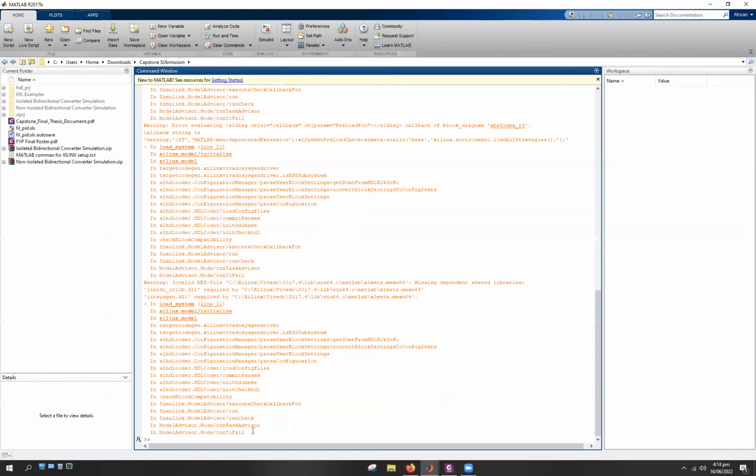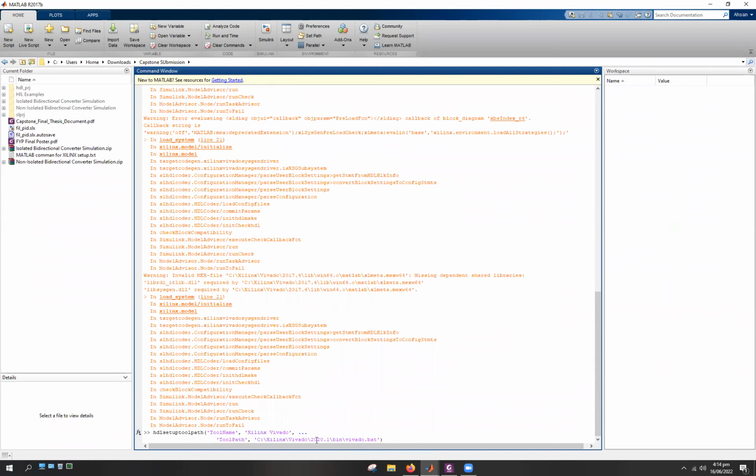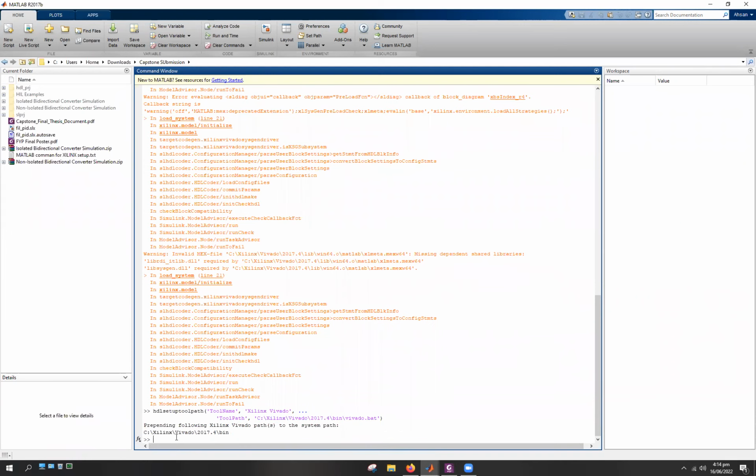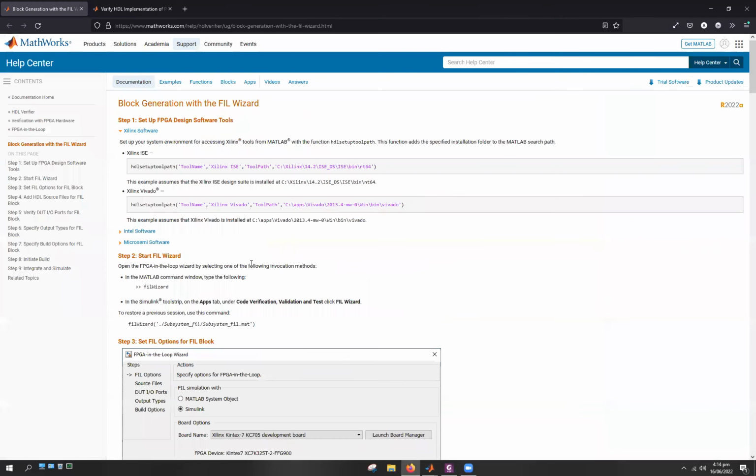So first of all, I will quickly use this command to set up. Since I'm using MATLAB 2017, I have also installed the compatible Vivado 2017.4 version, so I will replace that and set up the environment path for Xilinx Vivado. Once that is done, the next step is to ensure that we have the